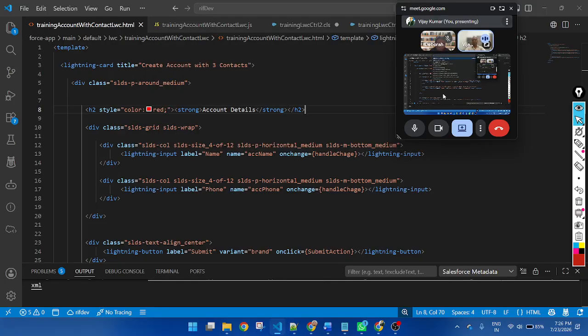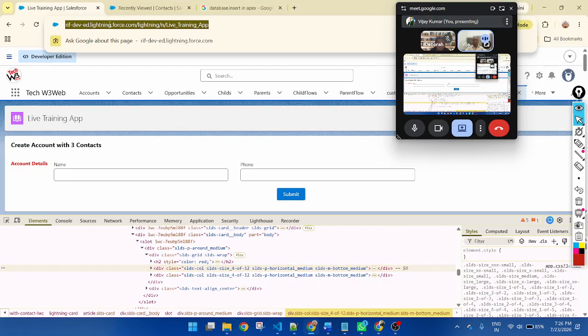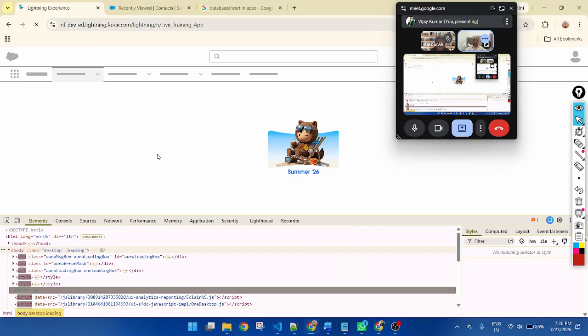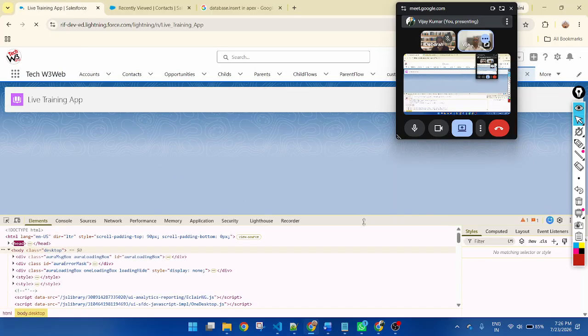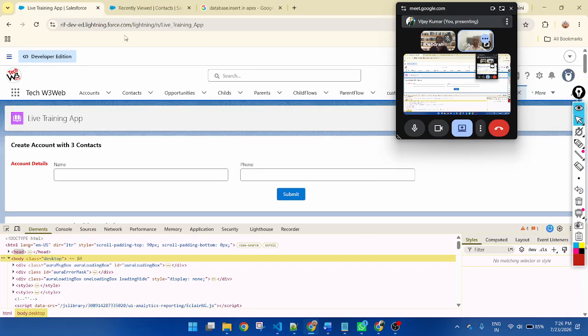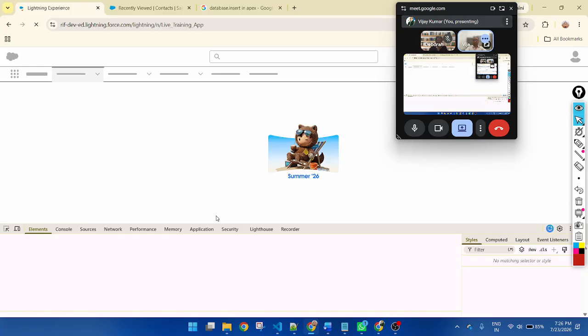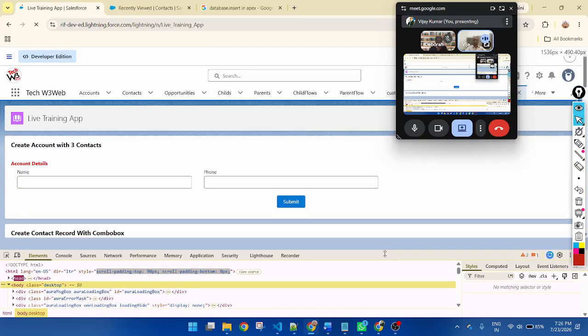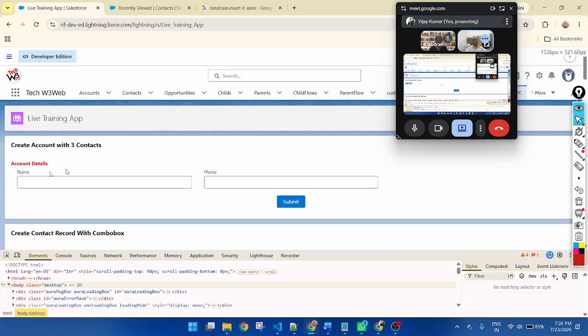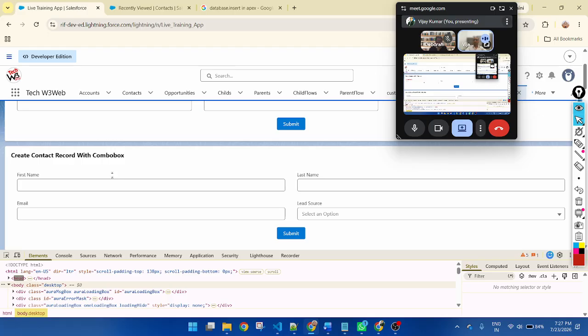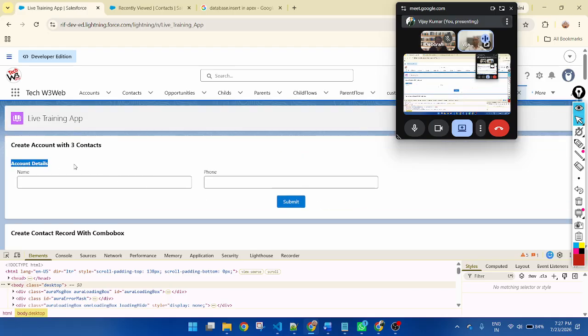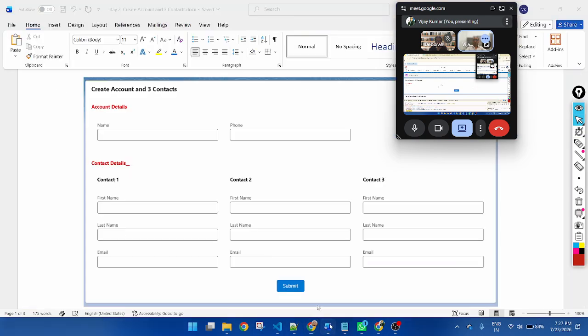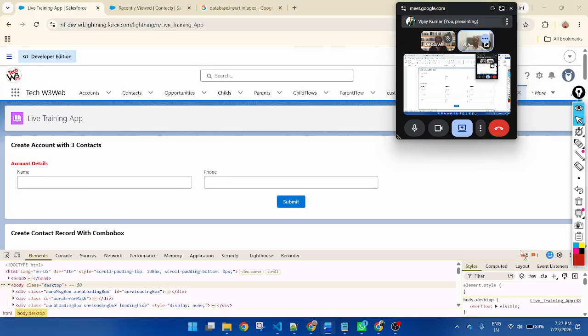Then save and deploy once again. Deployed the code successfully. Now refresh. Yeah, you can see now I created account detail. Now let me create the next one, contact detail.